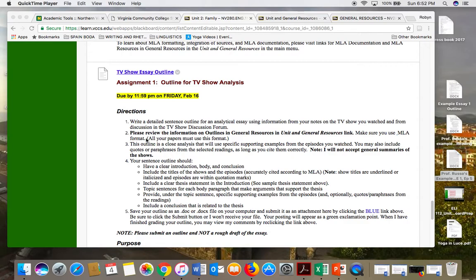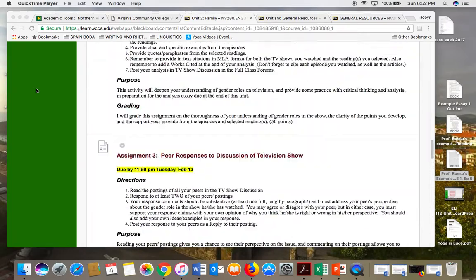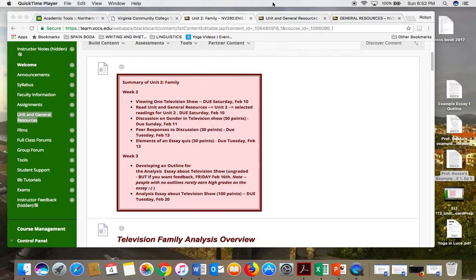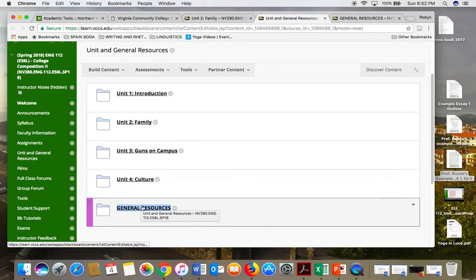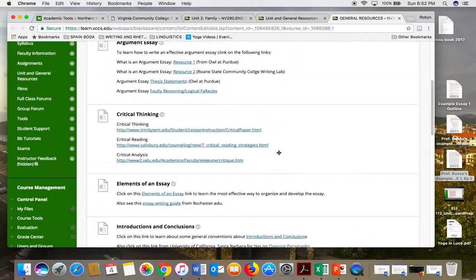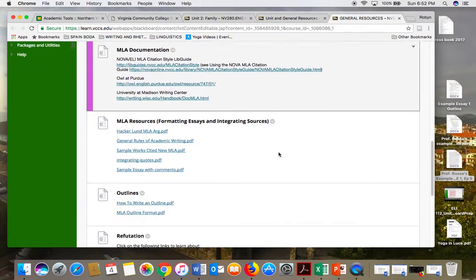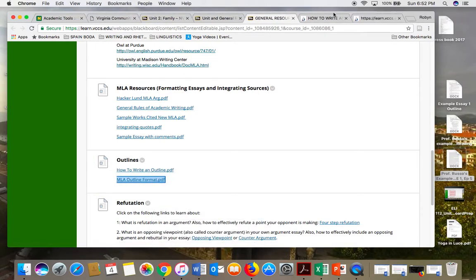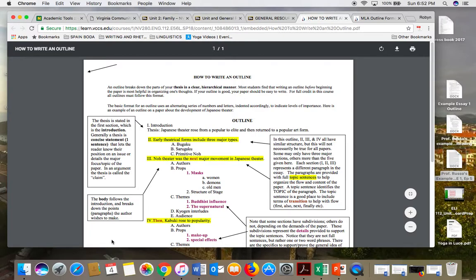So where you can find some information about outlines is if you go to the Units and General Resources link. So again, that's up here. If you click Unit and General Resources right there, open that one up and go into the General Resources folder. You will see down here some great examples of how to write an outline. So it brings us some helpers right there, both how we pull together the outline and then the MLA